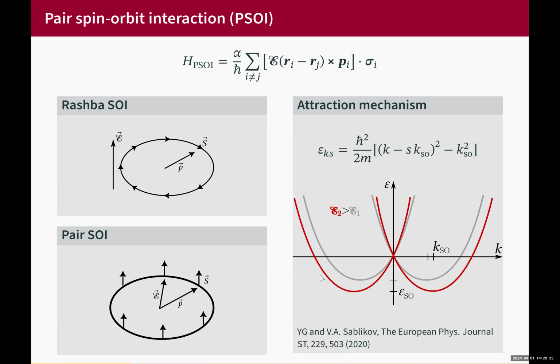Here we definitely need a gate to break the inversion symmetry, because the electrical fields parallel to the wire are also parallel to the electron momentum and thus do not contribute to pair spin orbit interaction. But the fields of the image charges, they do contribute to the pair spin orbit interaction. So if we include the interaction due to the image charges